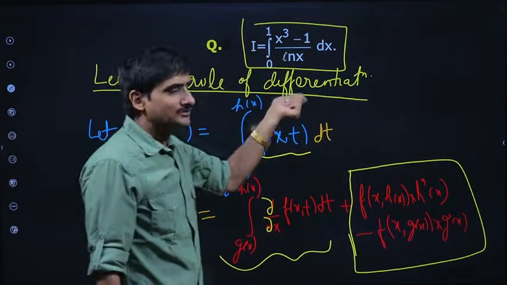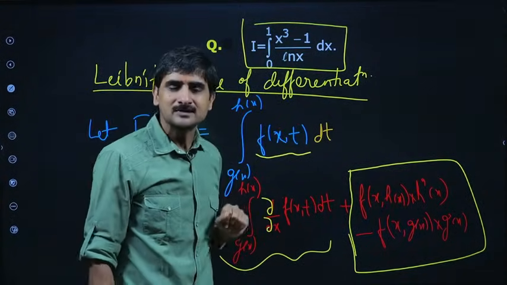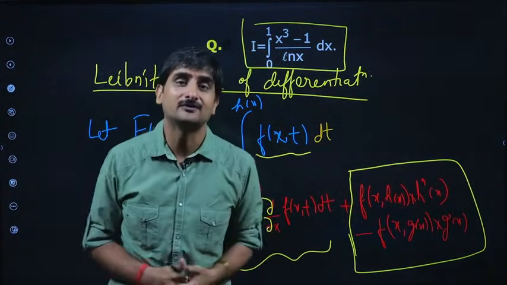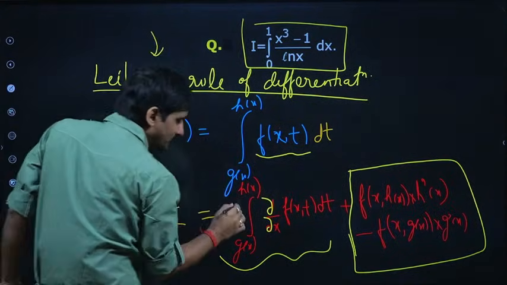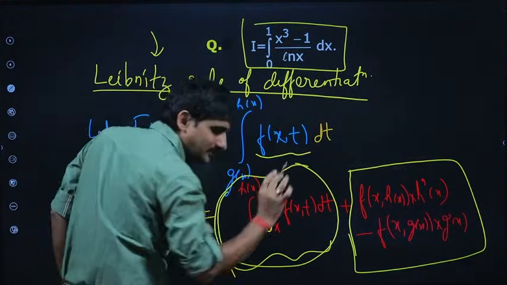Now the point is, you must be thinking where and how to use it, because that's not even a function of x. I mean, that's a constant because x goes from 0 to 1. So that's a constant value, and if it's a constant value and we differentiate it, we will of course get 0. But there lies the trick. So that was the concept from which this portion is extremely important.